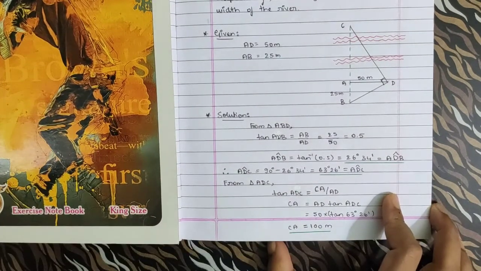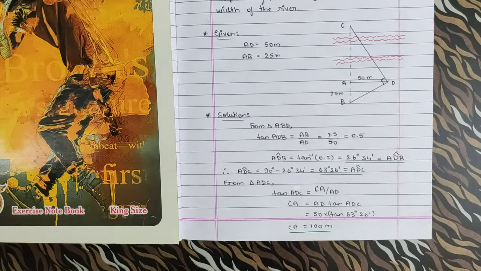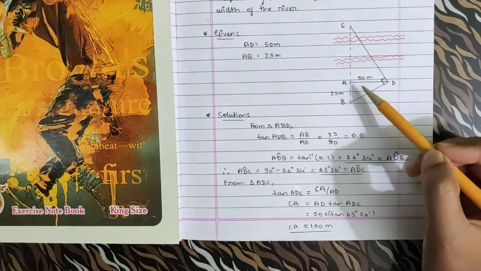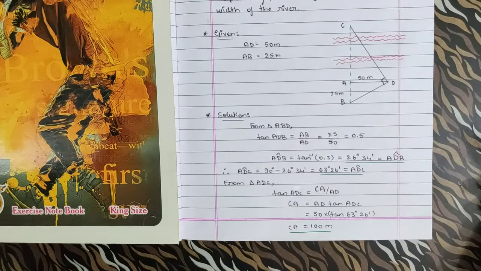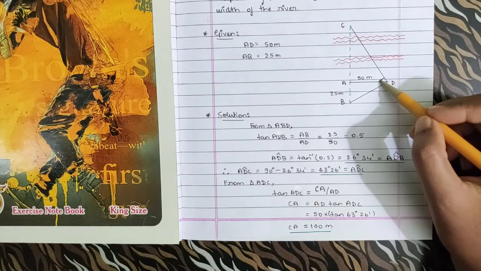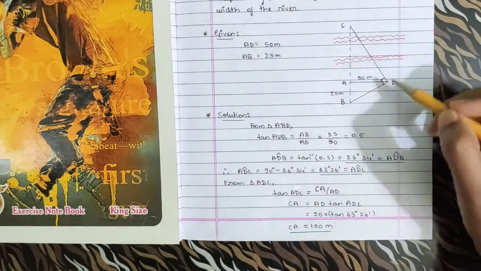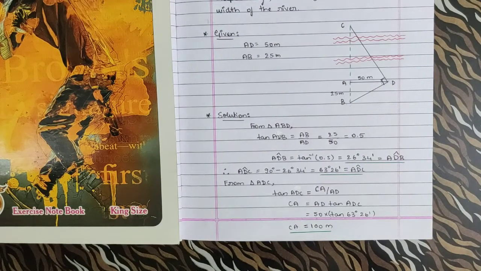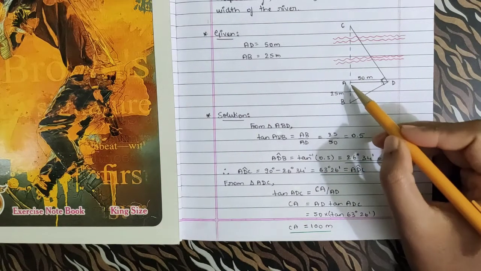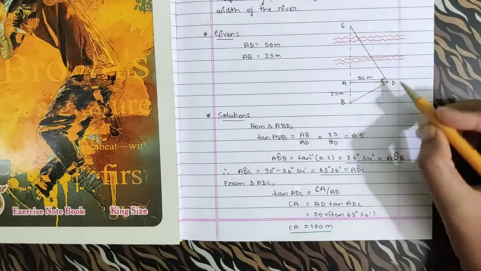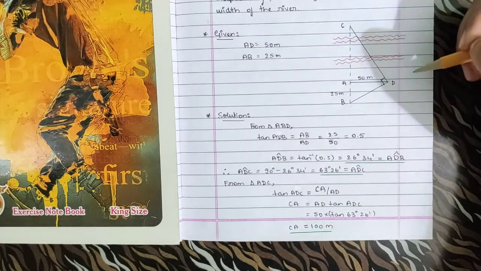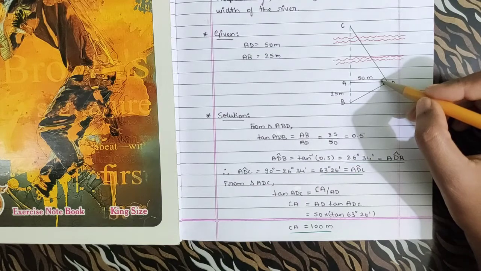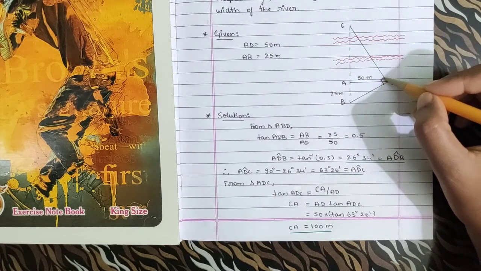Now we shall solve this with the help of two triangles. That is, one triangle ABD, and the other triangle ADC. So now you know this angle, angle BDC, that is 90 degree. But you have to find out what is this angle, that is ADC. If you know what is ADC, you can find out CA very easily. So first we shall find out angle ADC.